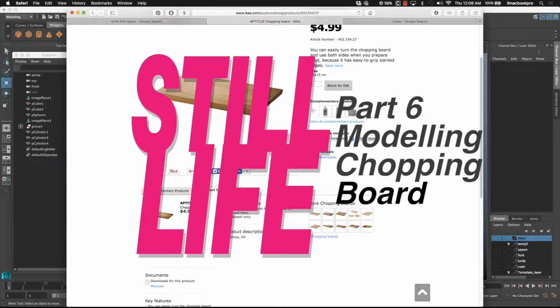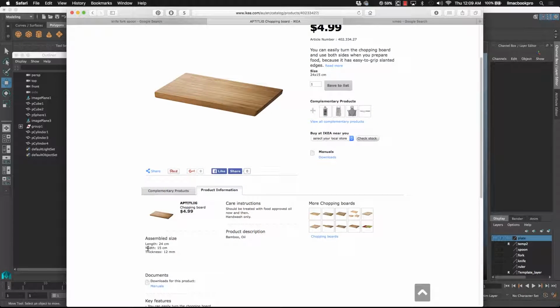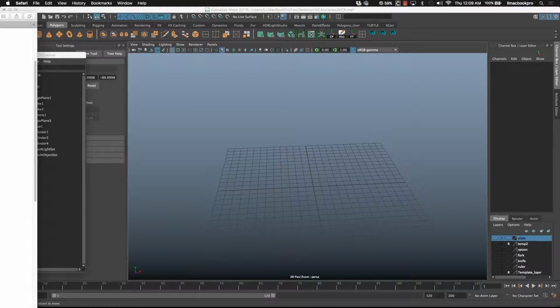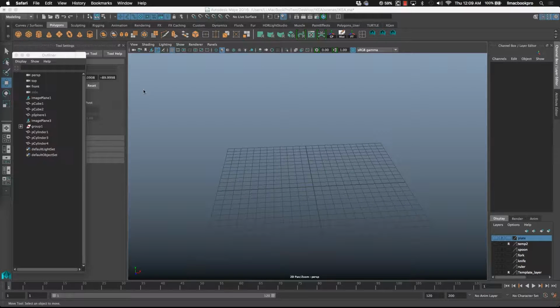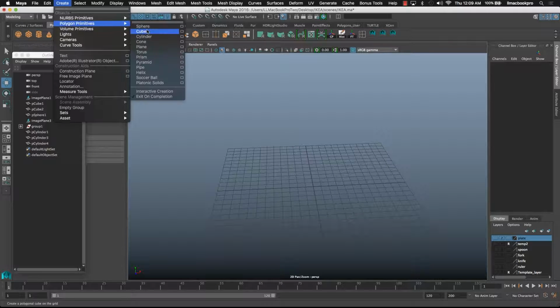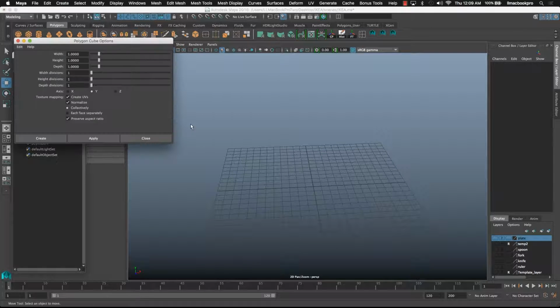Alright, so this is what we're going to make, and this is the size: length 24 centimeters, width 15, and thickness 12 millimeters, not centimeters. So we're going to do that straight out of the create cube, primitive cube. So I'll go into the options,